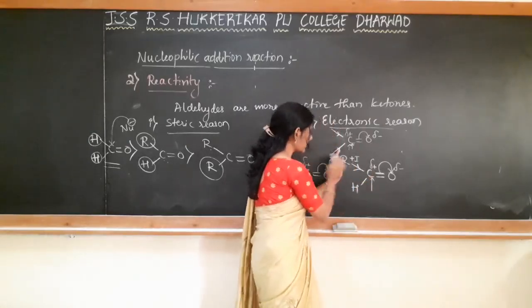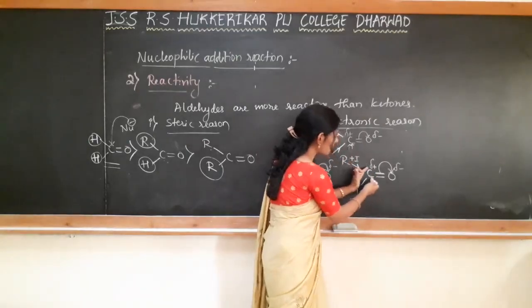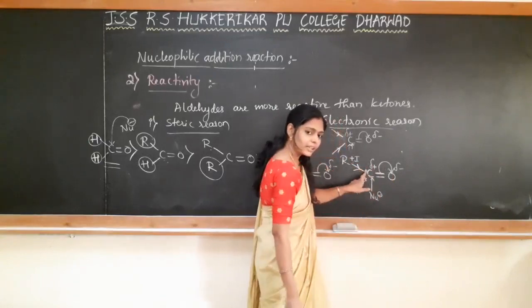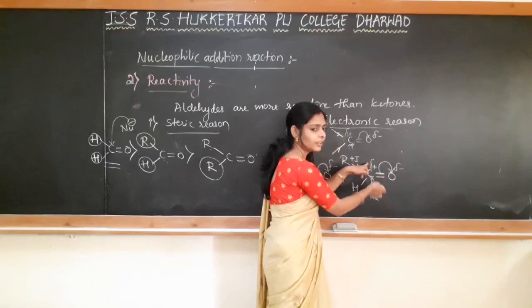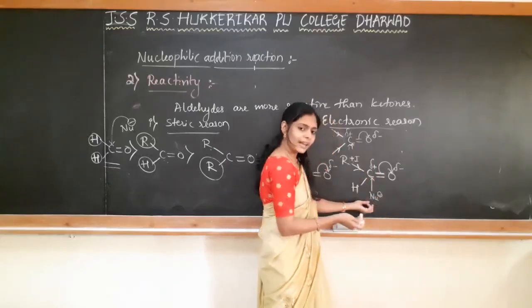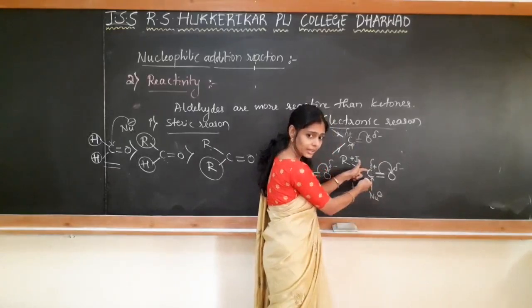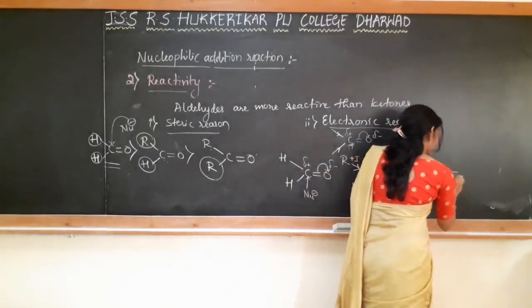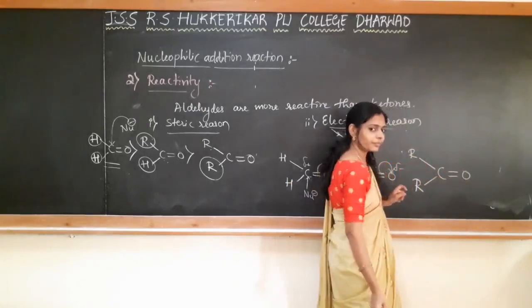Electron density, compared to the earlier case, has increased here on the carbonyl carbon. So when the electron density increases a little, is it easy for the nucleophile to attack here? No. When electrons are already present, the nucleophile also carries electrons. So why would it attack the carbonyl carbon? It will be difficult. Similarly, if I consider a ketone, which is connected with two alkyl groups,